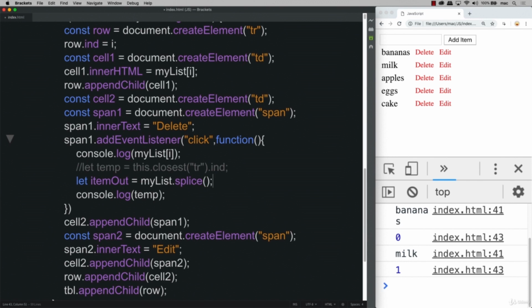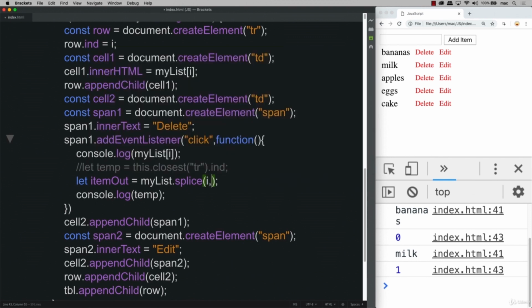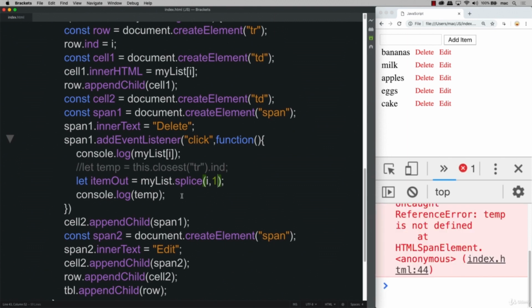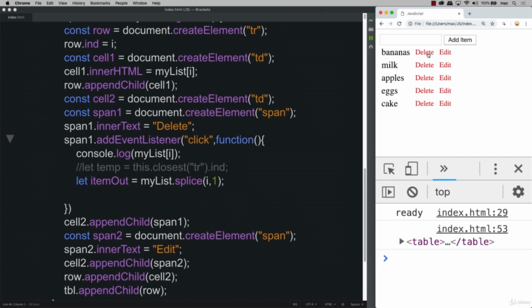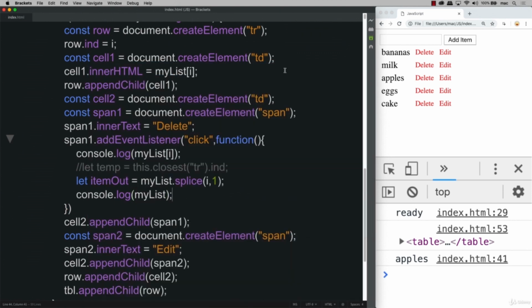So basically what that's doing is that allows us to specify an index value. So we already have that index value of I, and we want to return back one item that's located at index I. And of course, we don't have a value for temp anymore, so let's delete that and clear that up. So when we click apples, we're returning back apples, and we're actually removing it out of the array at this point. So if we do the console log in my list, what's going to happen and what you'll see